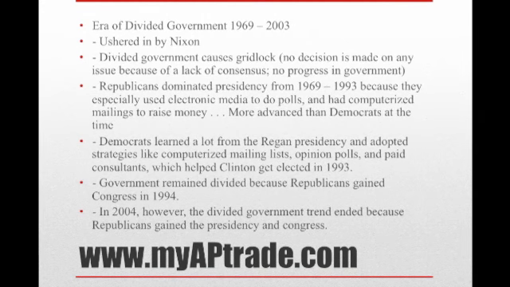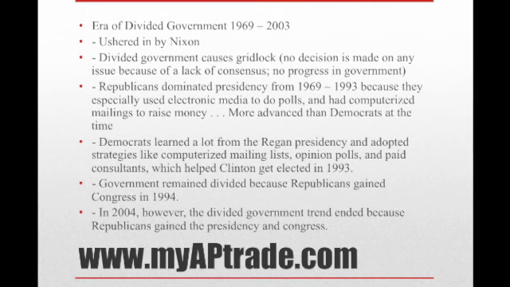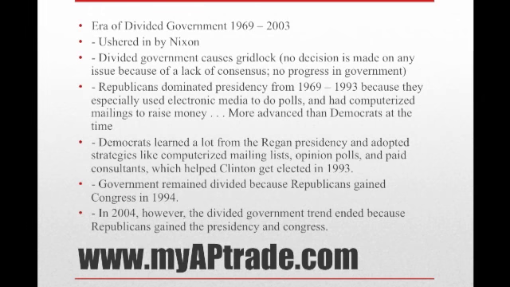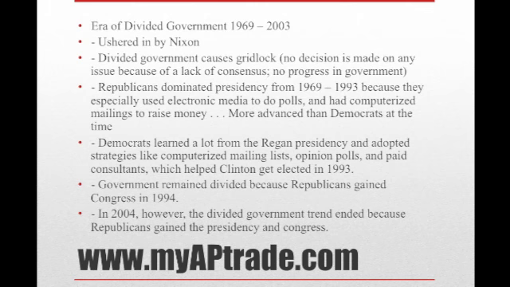Although Republicans didn't dominate both Congress and presidency, they did dominate presidency from 1969 to 1993. They managed to dominate the presidency because they especially used electronic media to do polls and do computerized mailings to raise money. The Democratic Party wasn't really this advanced yet, and